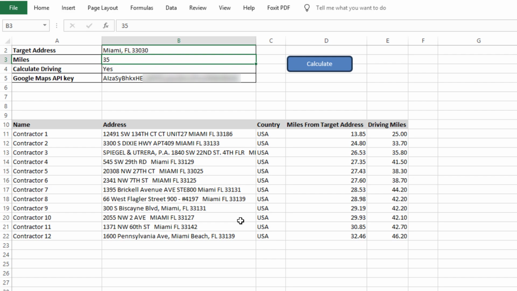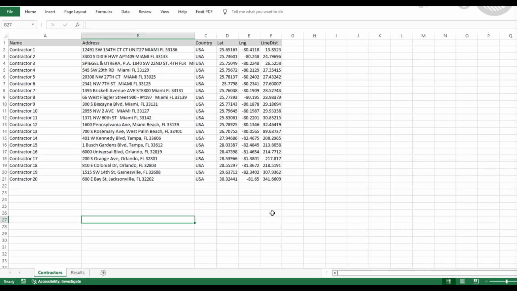You'll get both straight line, or as the crow flies, and driving distances. That way you can choose whichever metric best suits your needs. Plus, there's no limit to how many clients or addresses you can process. This makes it super easy to sort all your addresses by distance and quickly see who can reach your customers